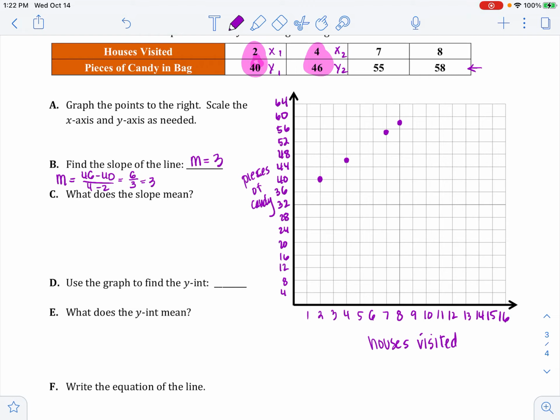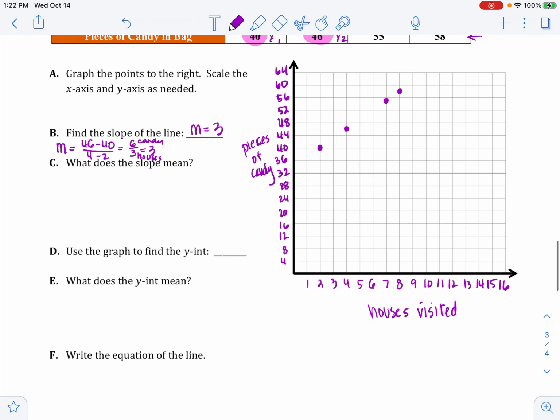All right, what does the slope mean? Okay, so now remember what Y was. Y is candy. So this was candy. And then this was houses. Okay, so this means that he got, or she, what is it? She got 3 pieces of candy per house. Okay, so I'm going to say on average, I like to say, because we don't know what happened in between. On average, Julie got 3 pieces of candy